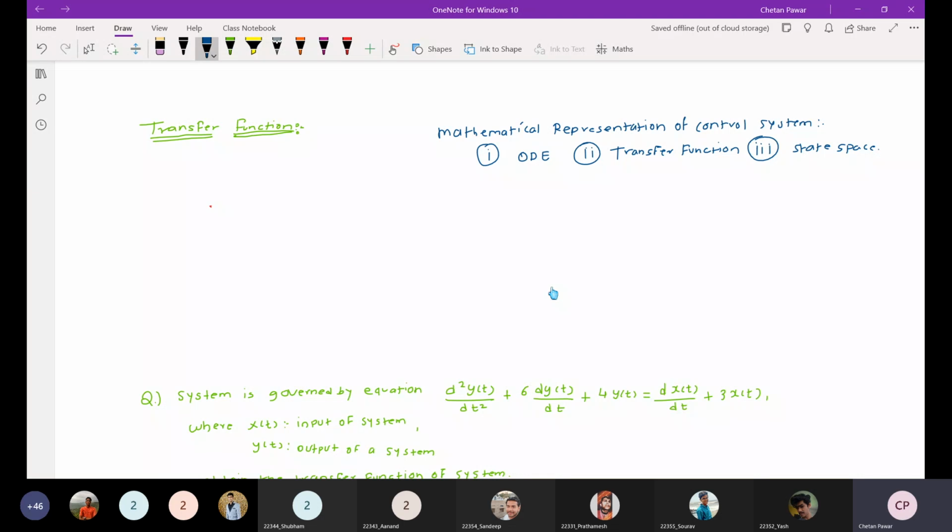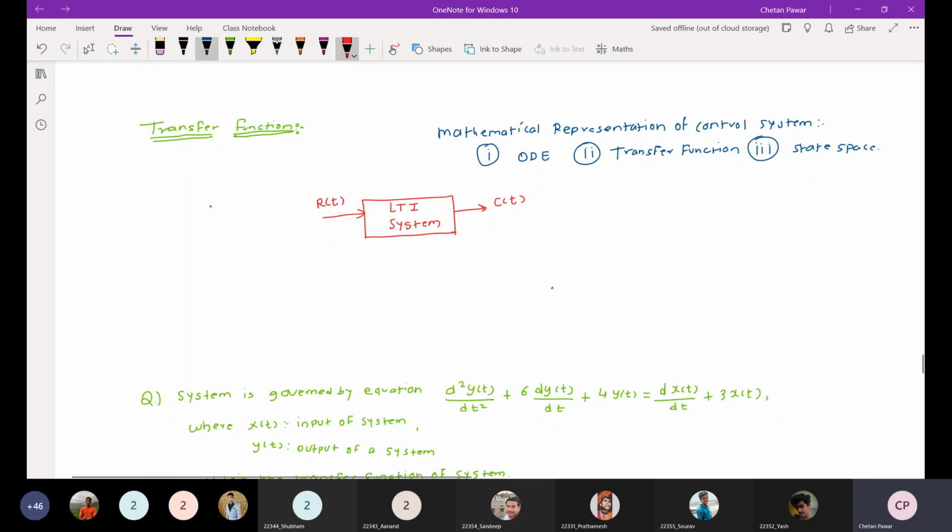We have seen that Laplace transform, how to convert a time domain signal to an S domain signal. So what is meant by the transfer function? For example, if this is a system, or if I say this is an LTI system, a linear time invariant system, and this is the input of the system, this is the output of the system. R of t is the input, C of t is the output.